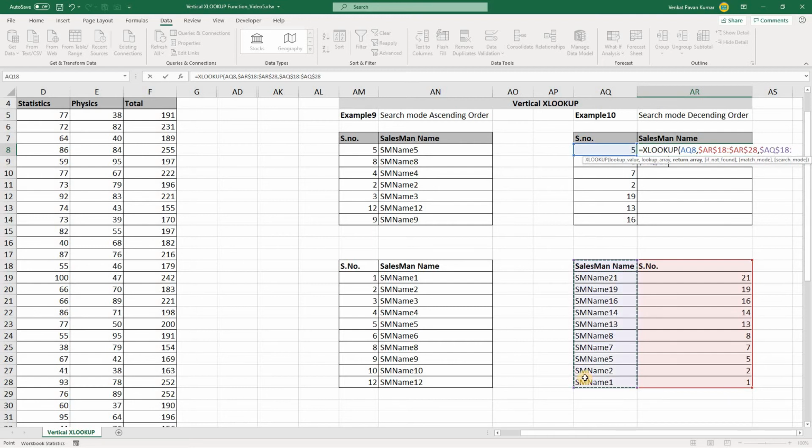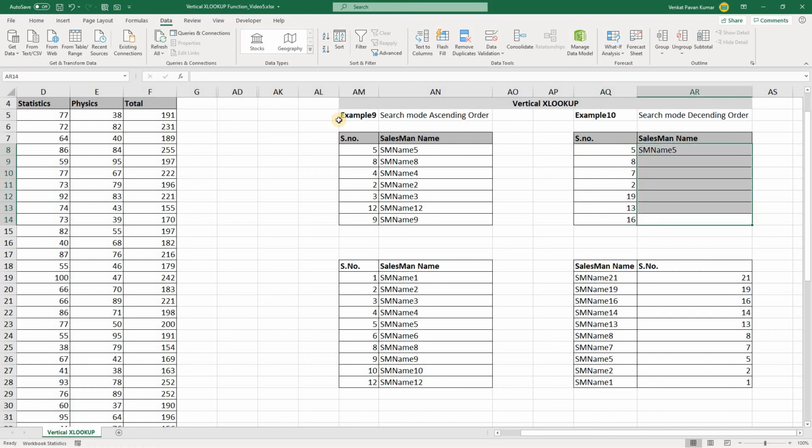I want this salesman name, comma. The next argument is if not found, so I'm going to skip this, and the next argument is match mode. Again I'm going to skip, and here now I'm in search mode. Now I need to use this option, which is sorted descending order. For that I need to enter -2, and then close the bracket.